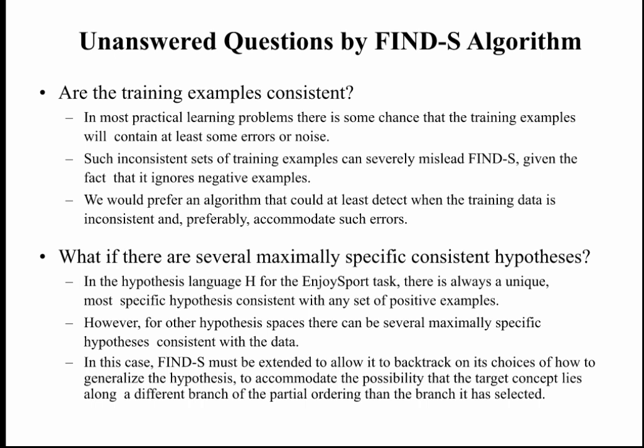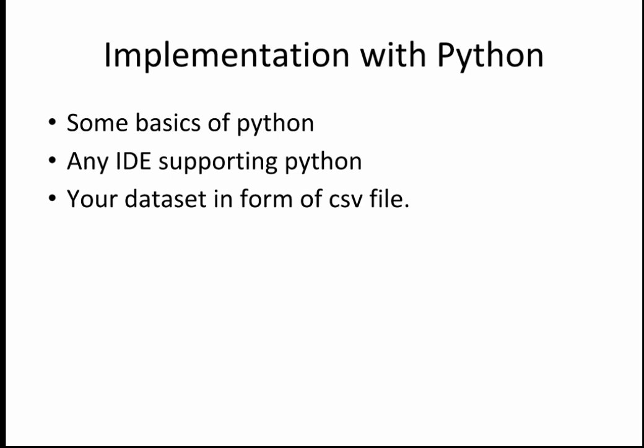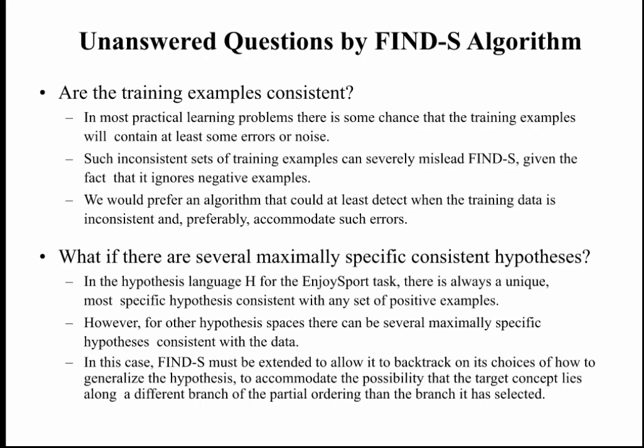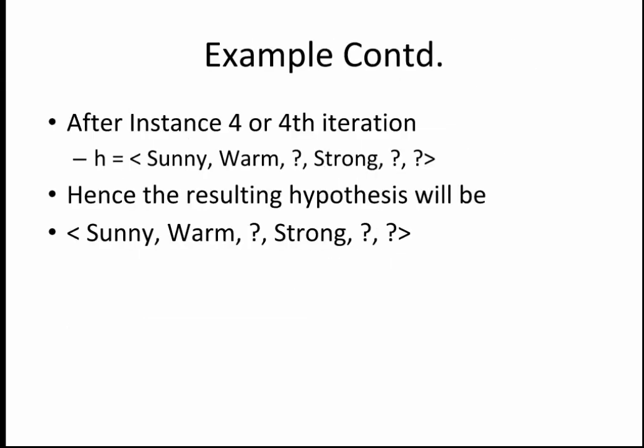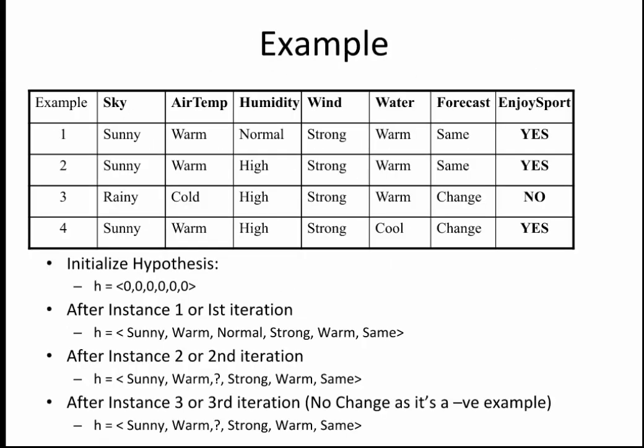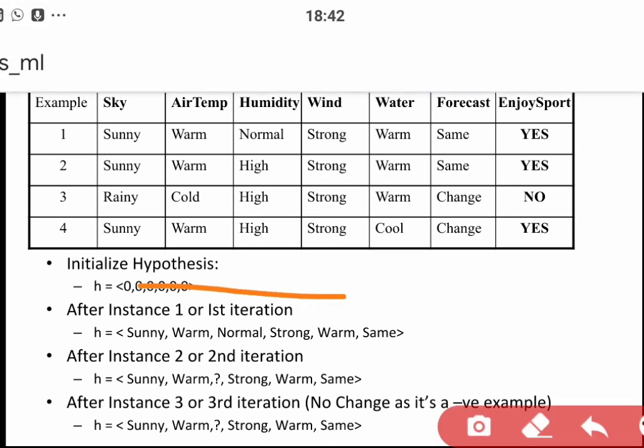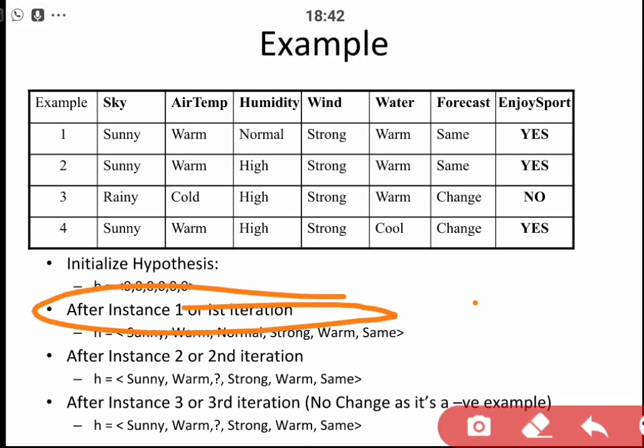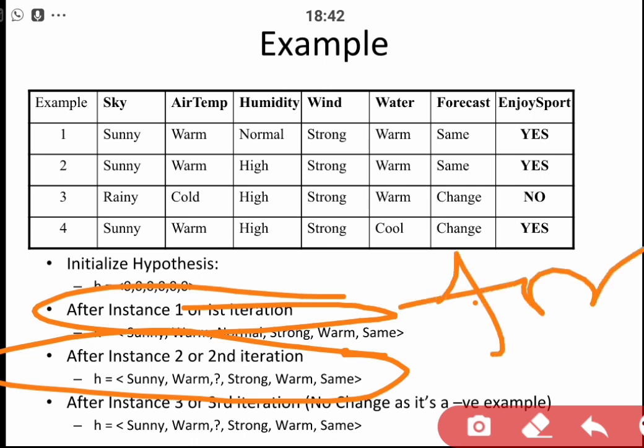But till now what you need to do is implement this Find-S algorithm in Python by following simply these basic steps: starting with your first hypothesis in your first iteration, then updating it by comparing it to your training sample, then again updating, until your training samples are exhausted. It will be done with the help of a simple for loop in Python. You will just need to compare.